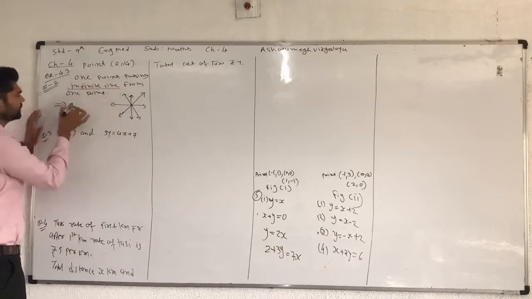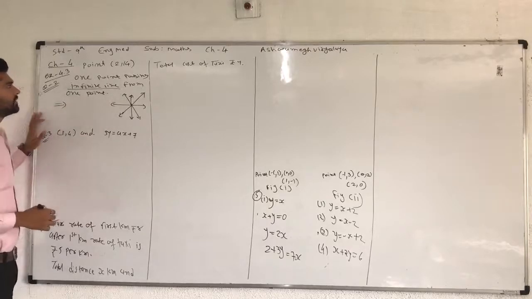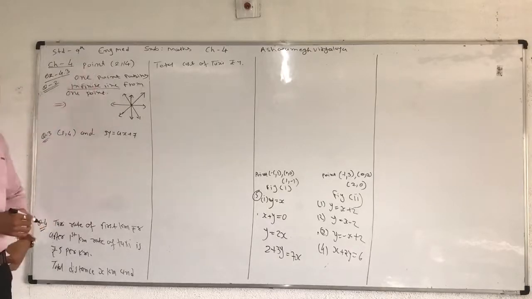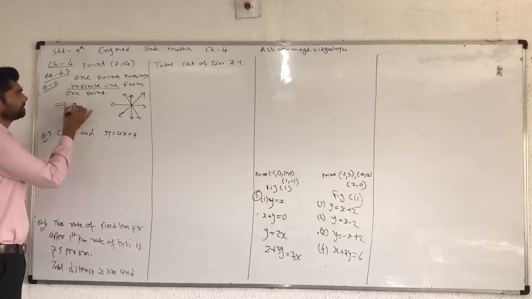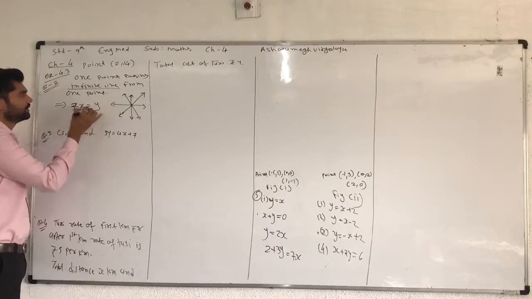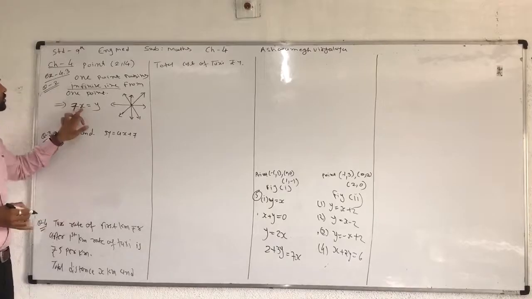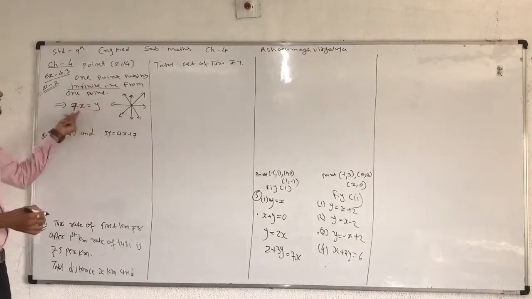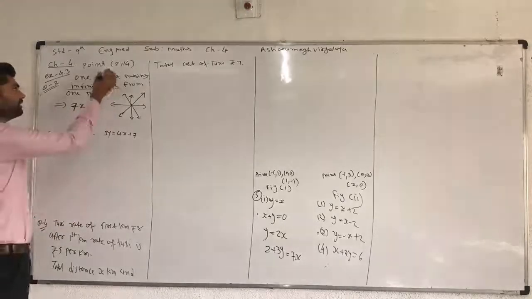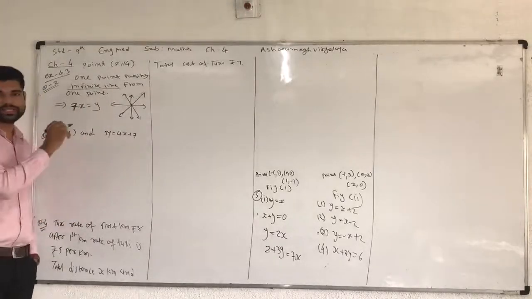Suppose x, the first point 2 and 14. So example is 2 into 7 into x is equal to y. So x equal to 2, therefore 2 into 7, 14 is equal to y, which is also 14. So y equal to 7x is one example of a line that can be passed through this point.